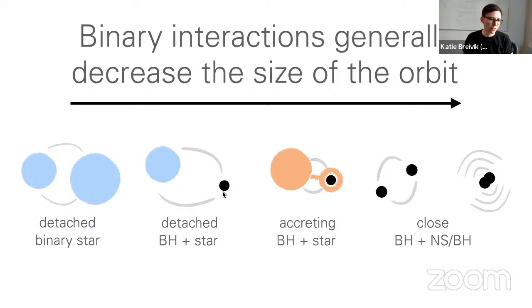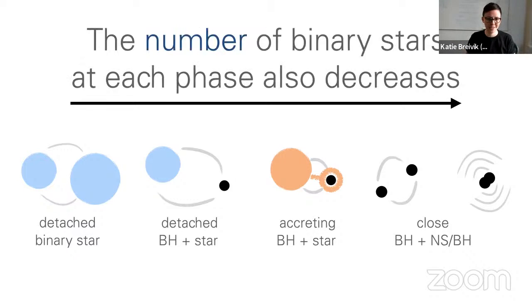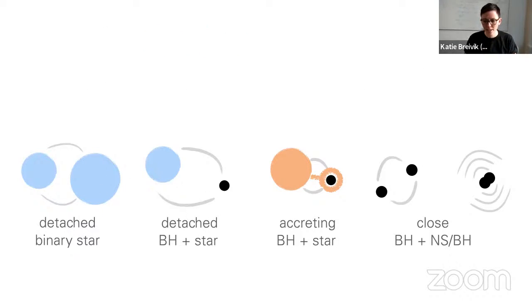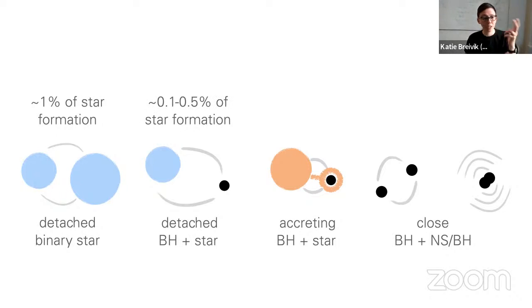Maybe there's a kick with this black hole when it forms through a supernova that widens the orbit a bit, but Roche overflow interactions really bring you closer together. One other feature of these interactions is that the number of binary stars at each phase also decreases significantly. So if, for example, you're thinking of black hole progenitors, their progenitors make up something like 1% of massive star formation. After they've interacted,